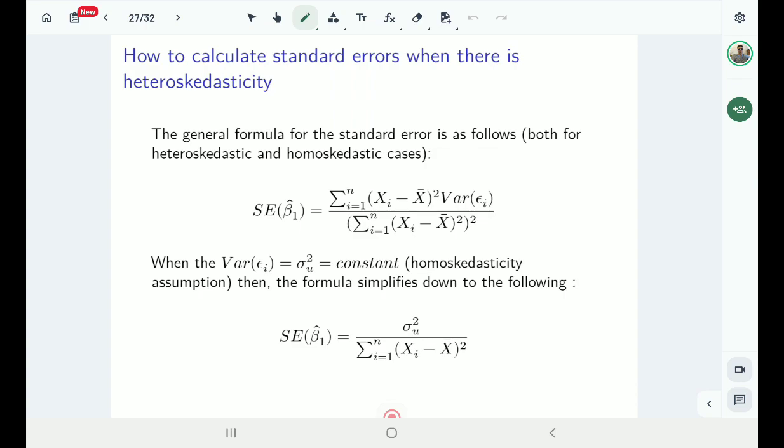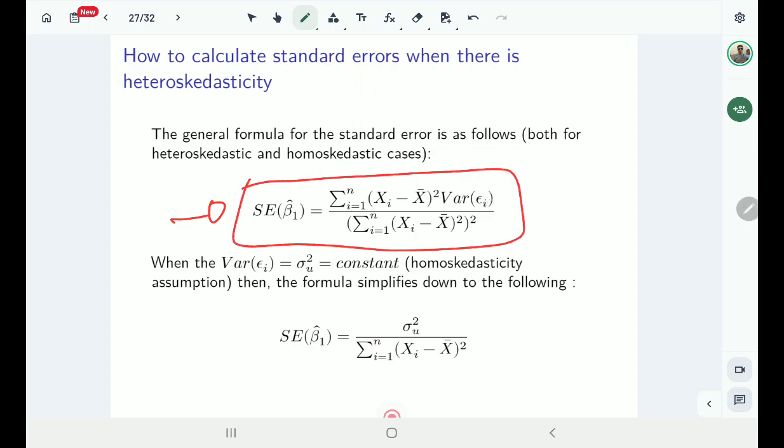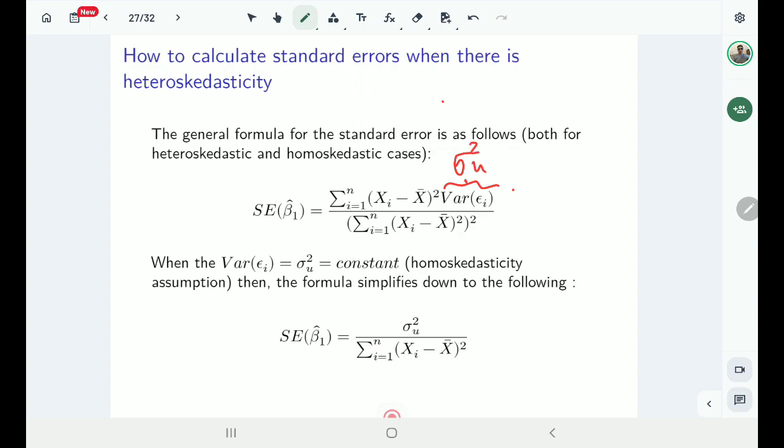Now let's have a look at how we can get around this problem. To get around this problem, we have to use this formula, the general formula for standard errors. The standard error of beta 1 hat should be equal to this. You see here we have the variance of epsilons, which is varying by observations, by x's. As x's are changing, the variance of errors is also changing. But suppose these variances are constant. If they are constant, then you could simplify this formula. Suppose this is equal to sigma squared u, some constant; obviously you can take it out of this summation,